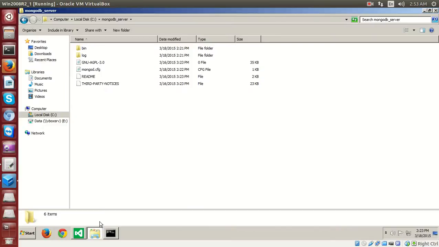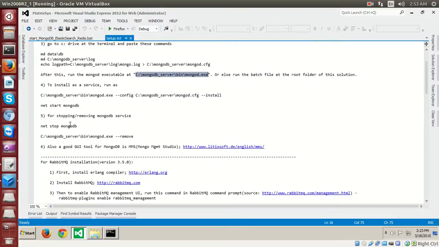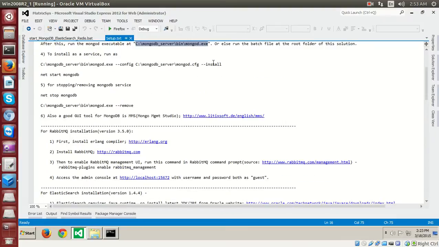Alright, so this is how you set up MongoDB, that's it, nothing else. You can actually install it as a service. This is recommended for production environments. I have given all commands and these have been tested and verified in my local box, so they should work for you. Alright, then what we need is, you can actually access MongoDB data through something called Mongo Shell, but